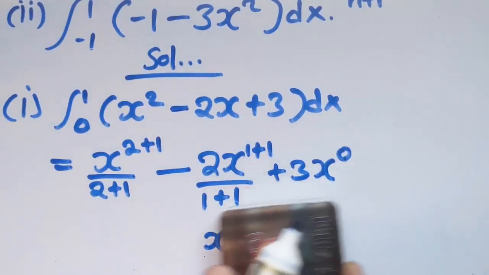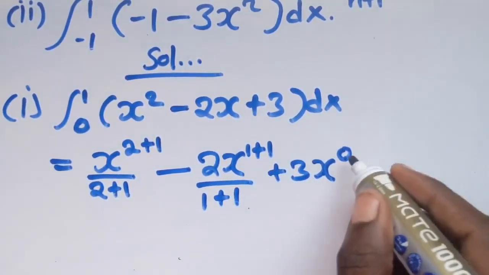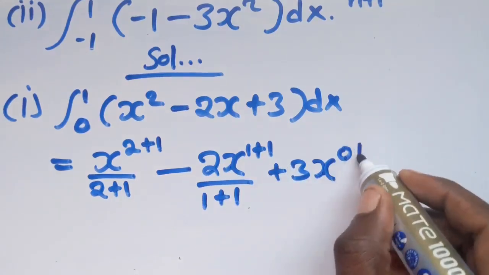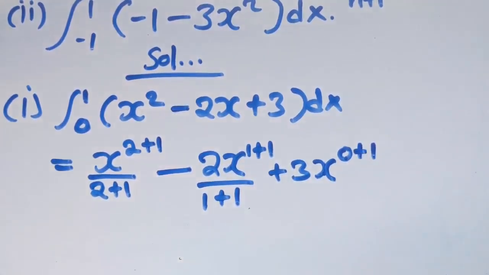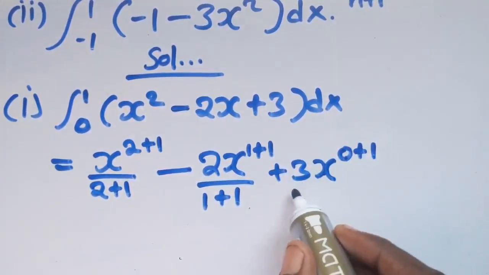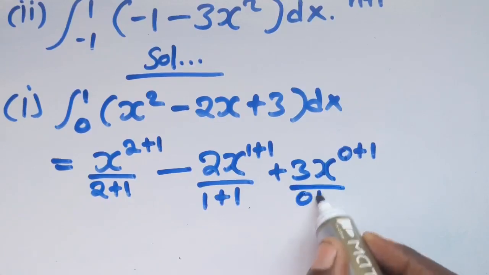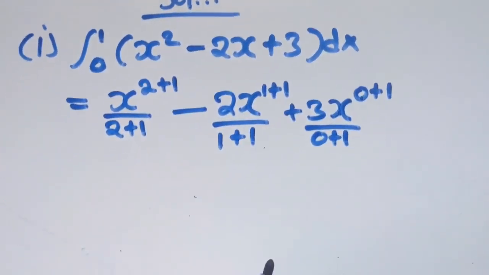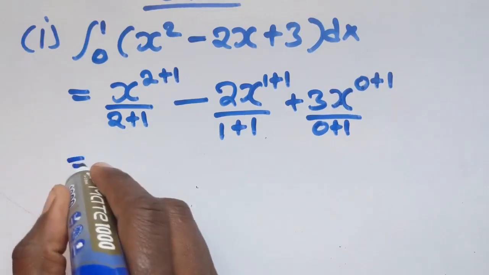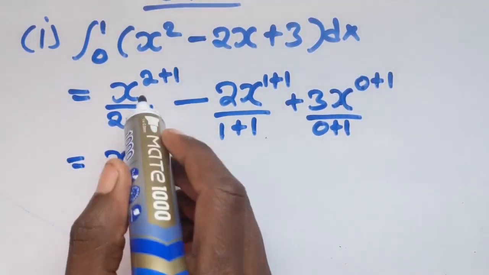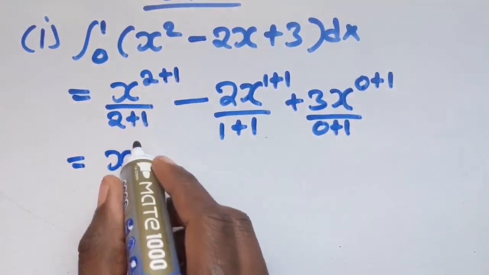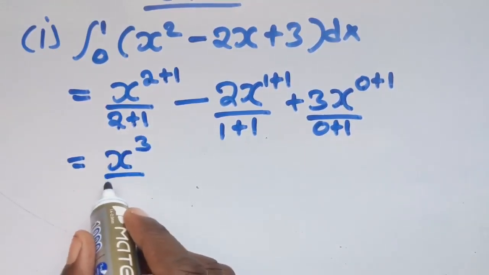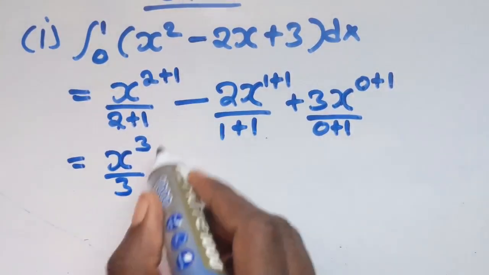I hope you have gotten that point. So there is a power 0 here, but the formula is saying that we should add 1. Whatever you are doing there, you need to put it down there. That is what we are doing here. So we continue saying x, then you add 2 plus 1. You're going to find that 2 plus 1 is 3. Then over 2 plus 1, which is 3. You continue saying minus